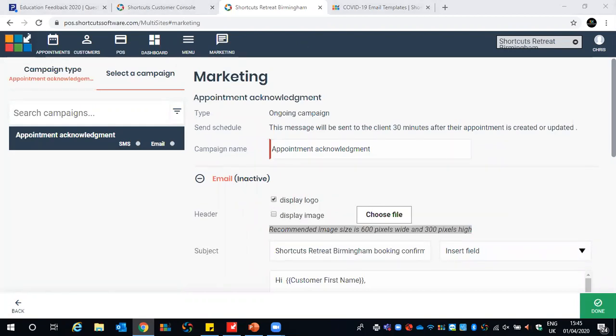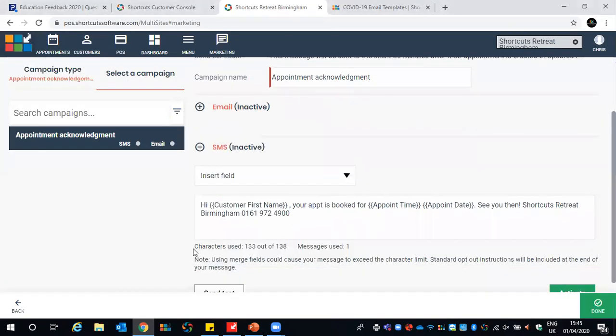Text message characters are 138. However, when you're creating a text message campaign, it will show you here how many you've used. If you're counting them manually yourself, just to let you know, there is a bit which does not show and you cannot delete. It's to do with GDPR. So if they wish to opt out of your text message campaigns, that takes up a few characters, but you cannot delete that for GDPR. But as you can see there, it's 138 characters. But it will always show you how many you've used.